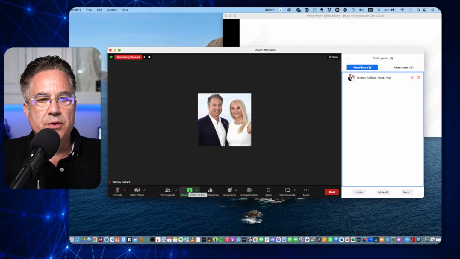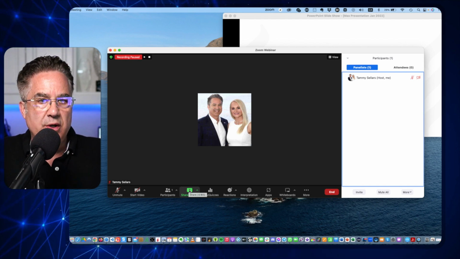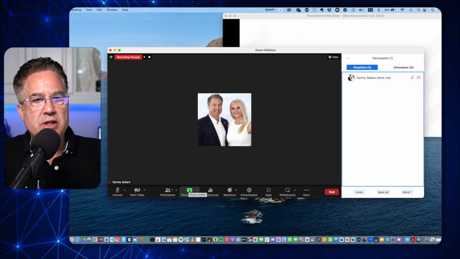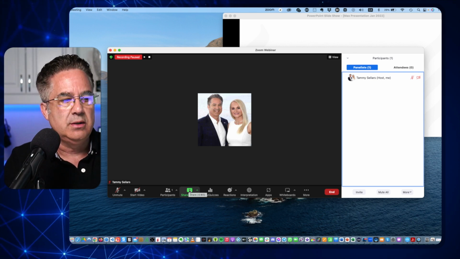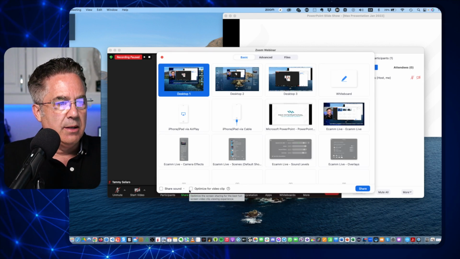Which screen are you going to share? Well, if you only have one screen, it's pretty straightforward. But if you have multiple screens, you have to share the right screen. So let's assume that you have one screen. You click share. Because I have three screens,